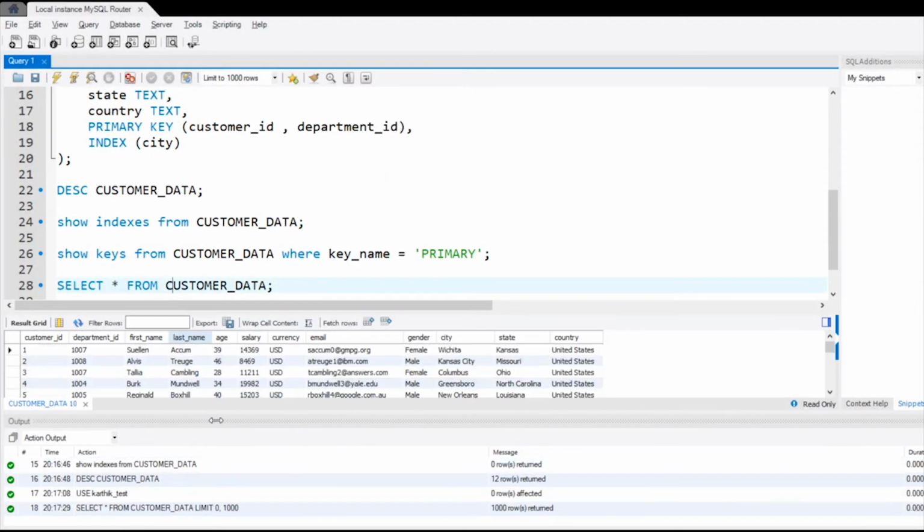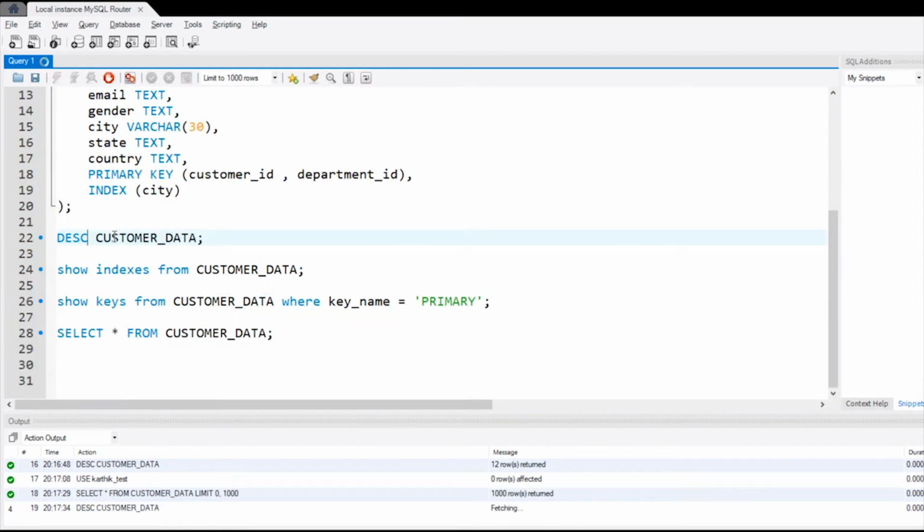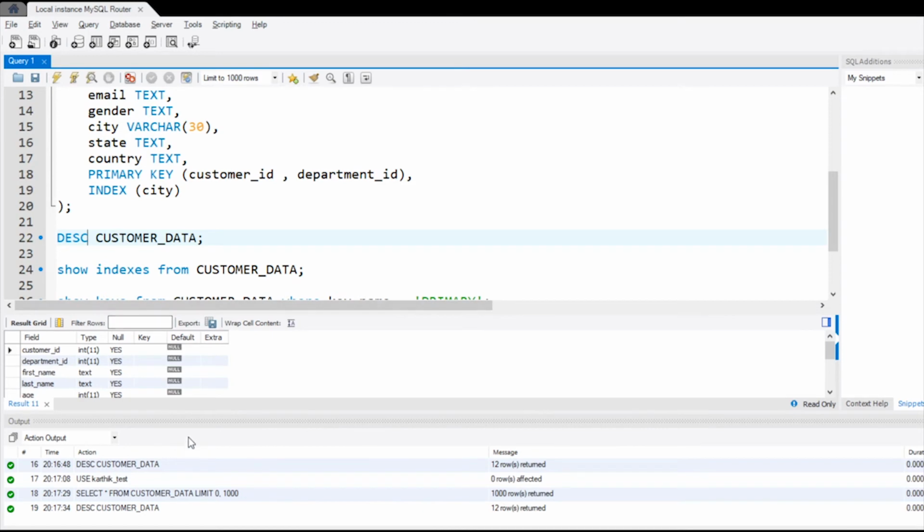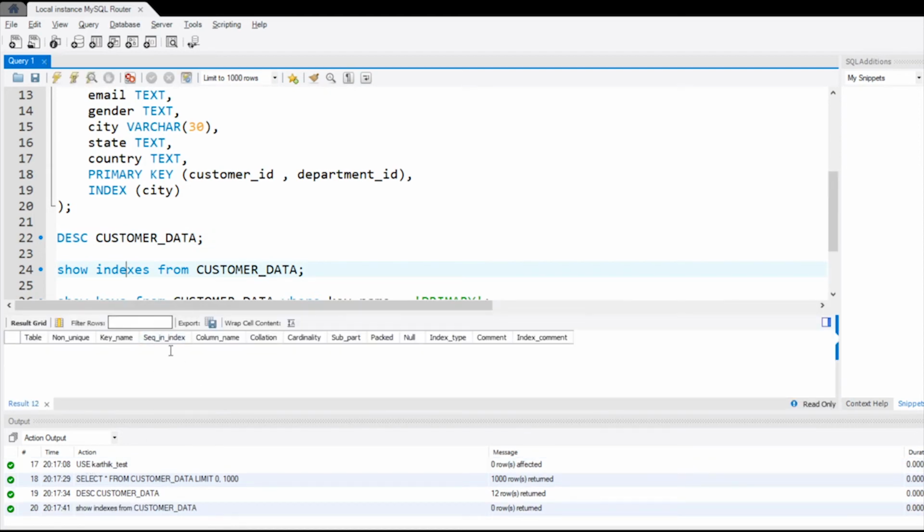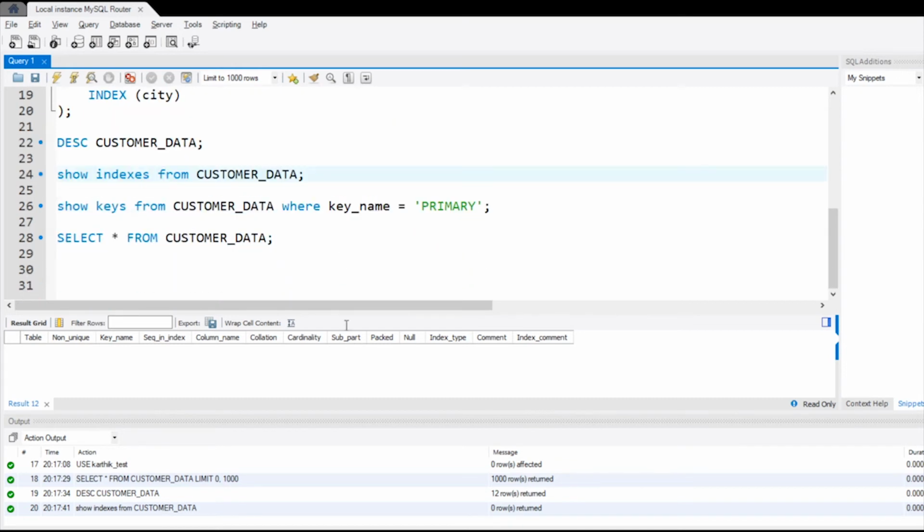You can see the data loaded into the customer data table, but when we describe the table, we have lost the primary key columns. Usually, show indexes from the table name will show the primary key columns and index columns. We have lost that because we ran in overwrite mode without enabling truncate as true.